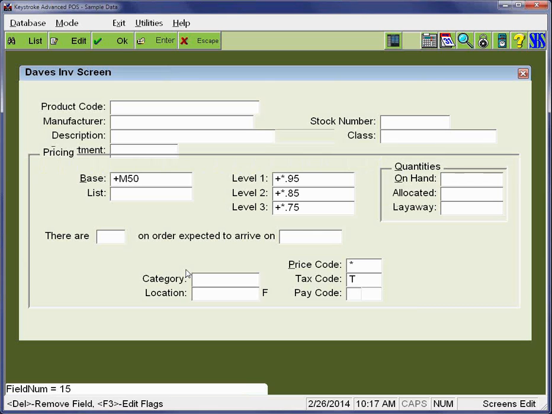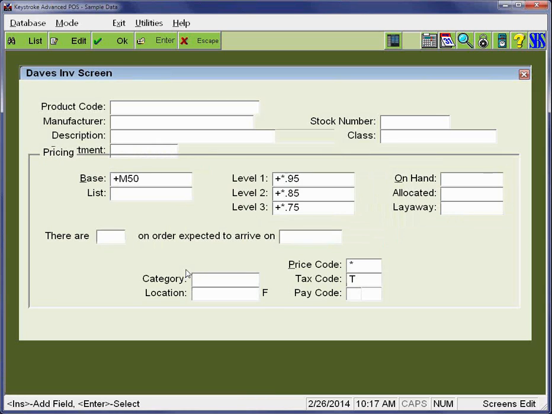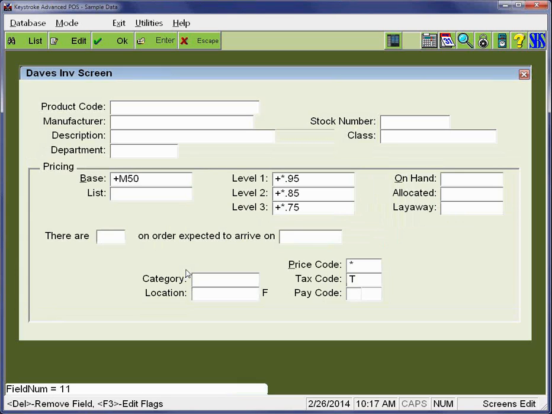Now I've selected the quantities box. It moves up and down. But I can just hit delete, and it pulls that off of the screen. So now I can take my pricing box, put it back where I want it, hit enter, and there I've dropped it again. One thing to watch out for, if you look like this base price field, I hit enter,